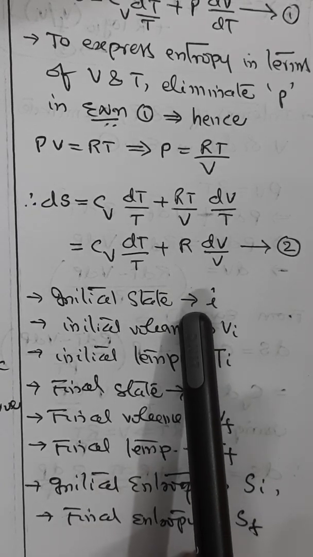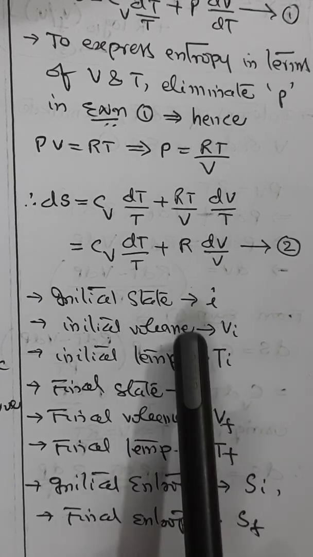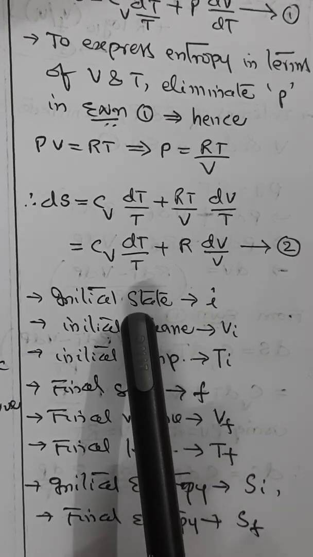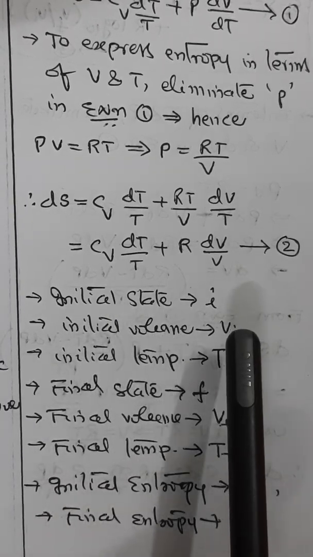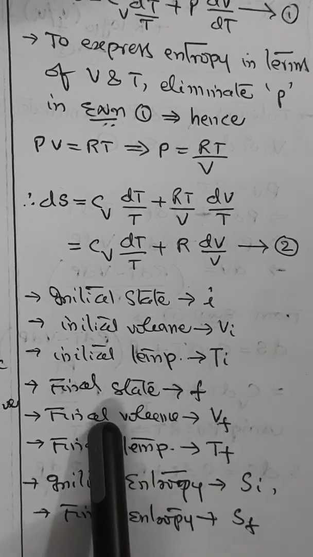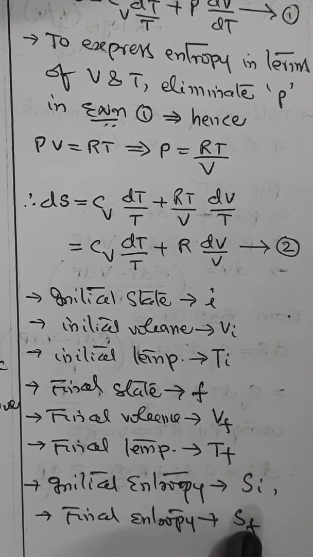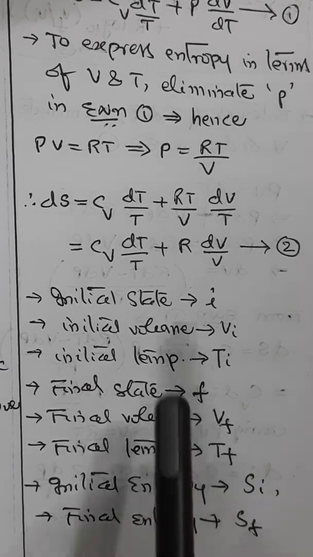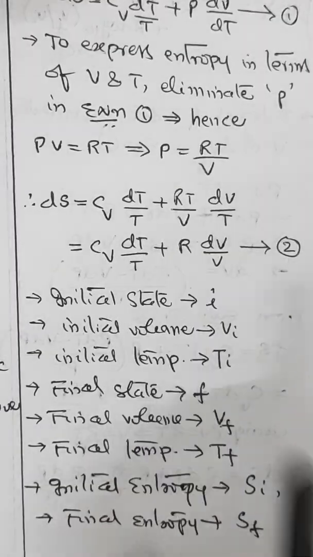Entropy change is nothing but Sf minus Si. Assuming that the gas is changing from an initial state having initial volume Vi and initial temperature Ti into a final state F with final volume Vf and final temperature Tf, the change in entropy, Sf minus Si, can be obtained by integrating equation 2 within the proper limits. Then we will get it as